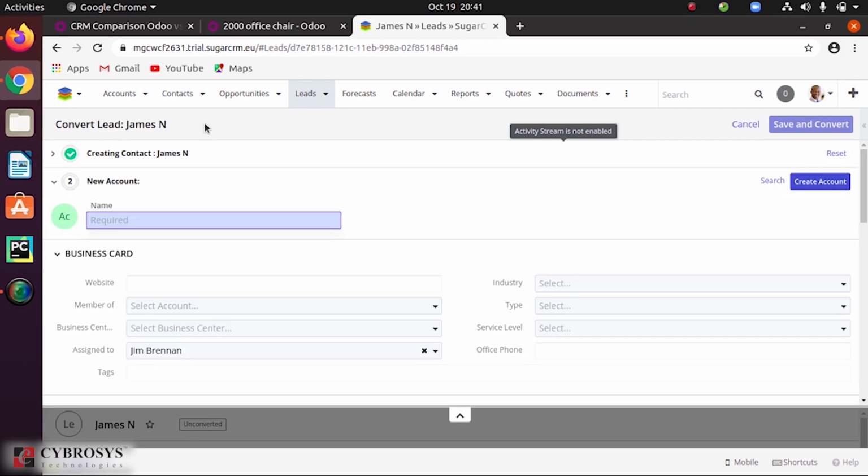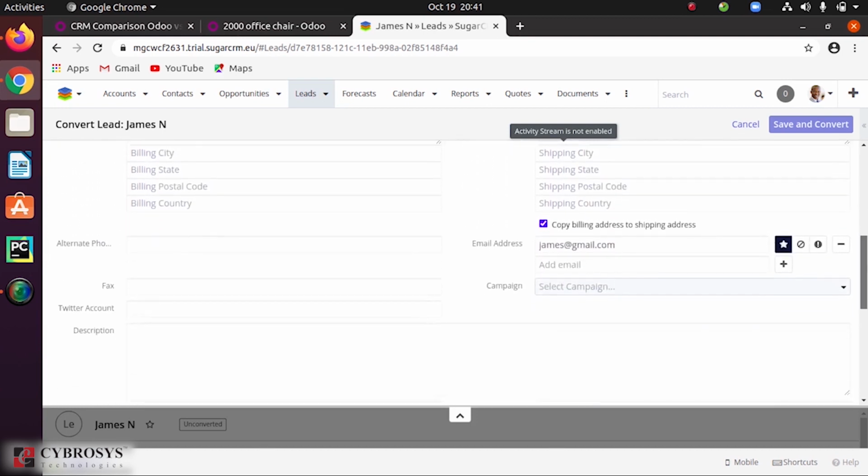So when you click on that itself, you can see contact is created, and it will ask to create an account also for that. So when you click on this, suppose I'm creating an account called James, similarly other details also, here you can see other details that I need to provide.